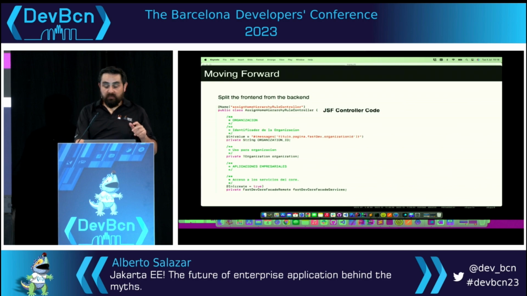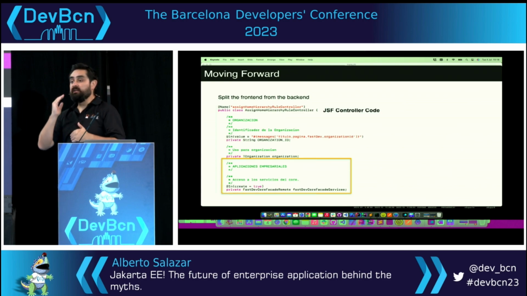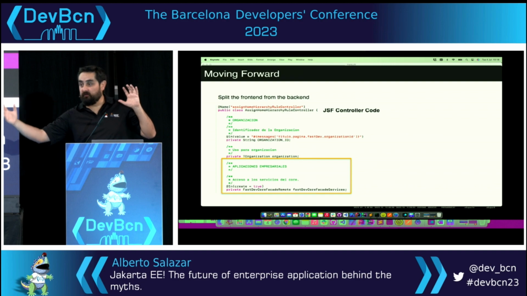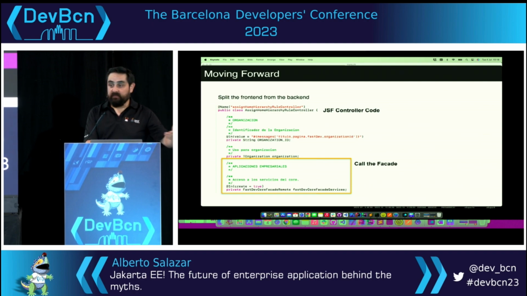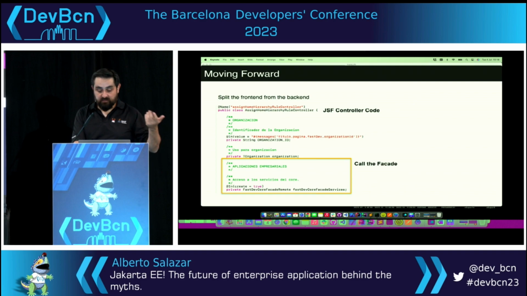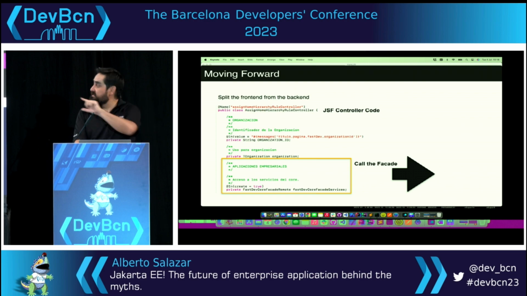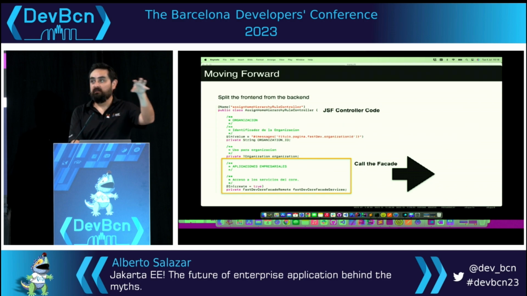Then we try to put a really huge wall from the back end to the front end. A lot of this application is based also in the front end in JavaServer Faces, the first one that started maybe 20 years ago, 15 years ago, 10 years ago. And with these facades, what we took is to try to split. Even this kind of code is based in one framework or features that Red Hat brings, that was called